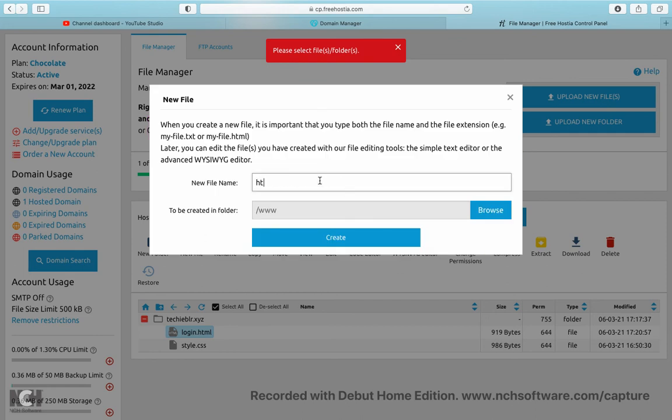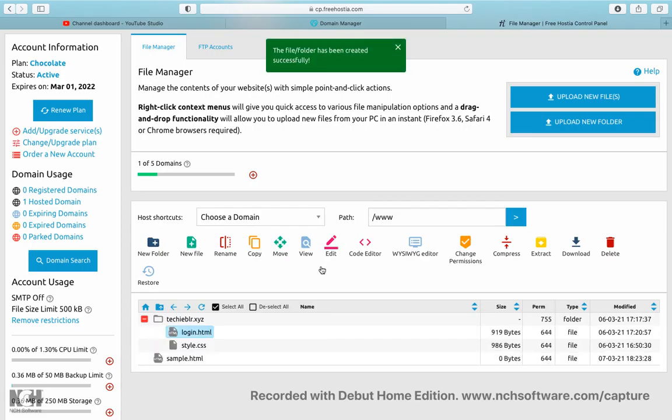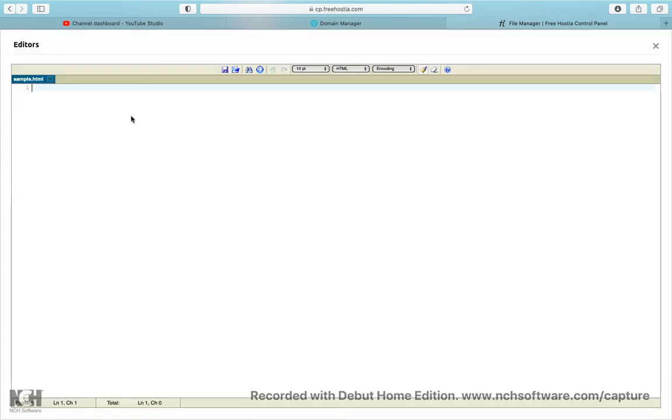So let me give the file name sample.html. Or if you already have an existing file, you can use that. Now click on this, the file is created, click on the code editor. The editor opens up.